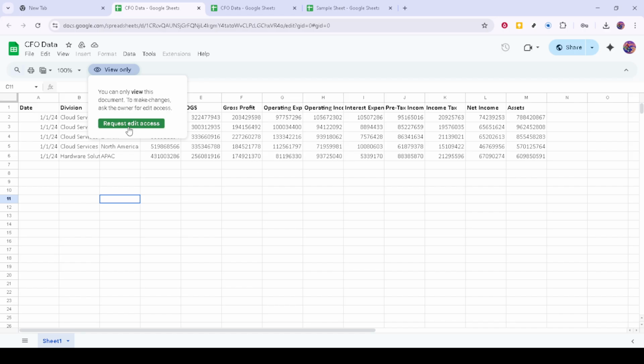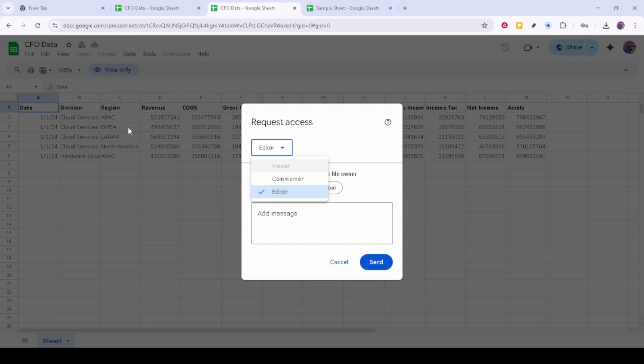Clicking on Request Edit Access will open up a small form in a pop-up window. Here's where you have the opportunity to communicate directly with the owner of the document. You can add a personalized note explaining why you need edit access. This is a great chance to quickly highlight your reason for needing these permissions, whether it's for collaboration purposes or